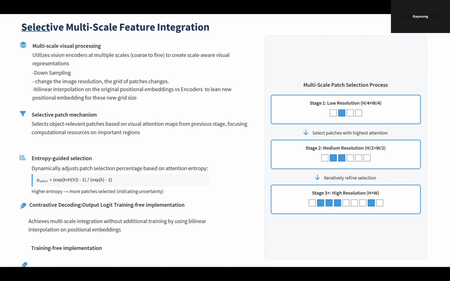So usually, after multi-scale visual processing, what other models do is train encoders to learn new positional embeddings for the new grid size. Because there's a picture with width and height, but because of low resolution, the width and height are changed to divided by 4 and divided by 4. Then other models learn the new grid size with new positional embeddings. But in this model, they use bilinear interpolation on the original positional embedding, they just